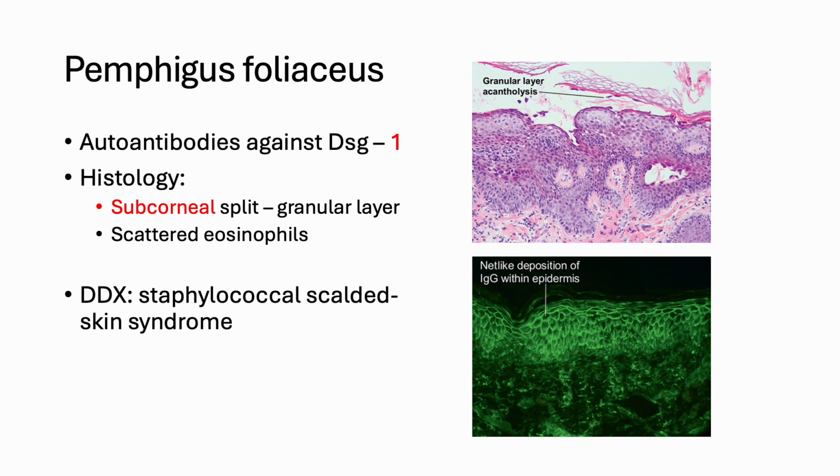In terms of the pathophysiology, pemphigus foliaceus, instead of targeting DSG3, targets DSG1. Because of that, the separation is different. Remember, in pemphigus vulgaris, the separation is suprabasilar, at the deep aspect of the epidermis. Instead, in pemphigus foliaceus, the separation is just below the cornified layer, at the granular layer, causing this